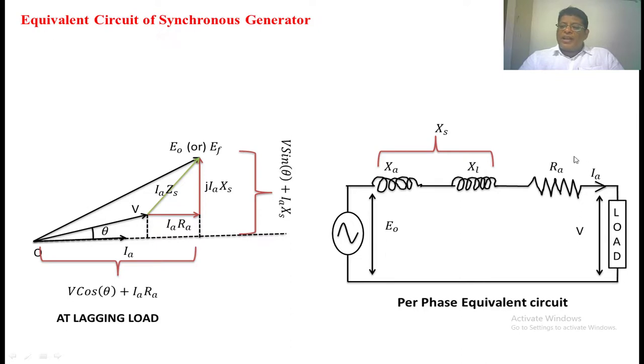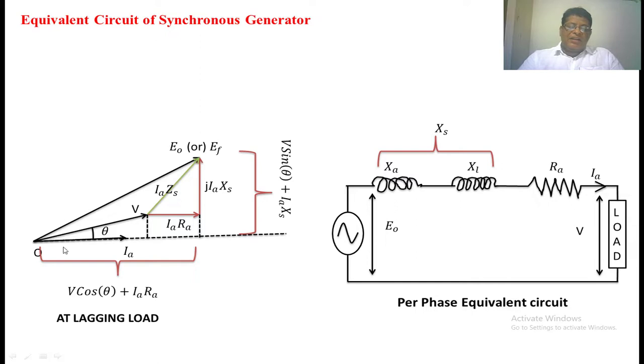Now to this quantity we add the IA RA drop, which is in phase with IA. So from the tip of V, we draw the IA RA vector. The voltage drop across the reactance is jIA XS. The angle between the resistance drop and reactance drop is 90 degrees, so perpendicular to this vector, the IA XS vector is drawn. The phasor sum of these two is IA ZS, the voltage drop in this branch. Now we add this voltage drop to the voltage across the load, which gives E0, the excitation voltage. Now we are going to find out the relation between E0 and V. From this triangle, which is a right angle triangle,